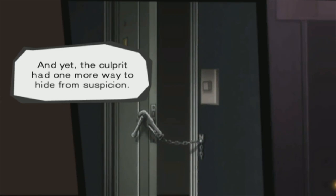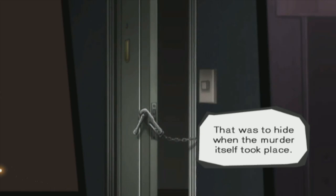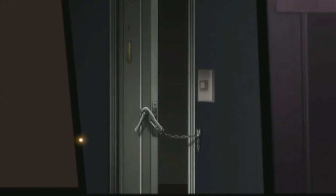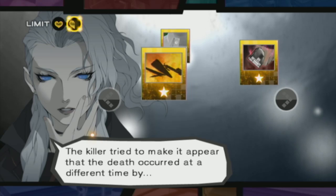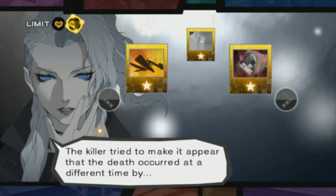And yet, the culprit had one more way to hide from suspicion. That was to hide when the murder itself took place. This card shows how he went about that ruse. The killer tried to make it appear that the death occurred at a different time by...